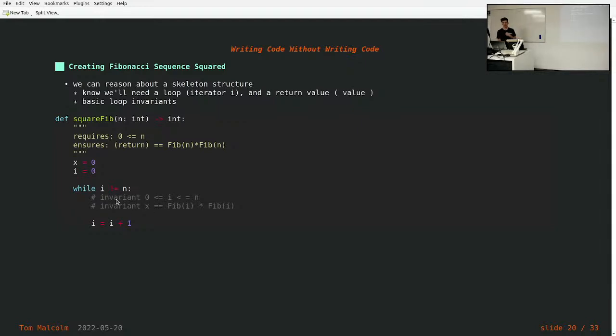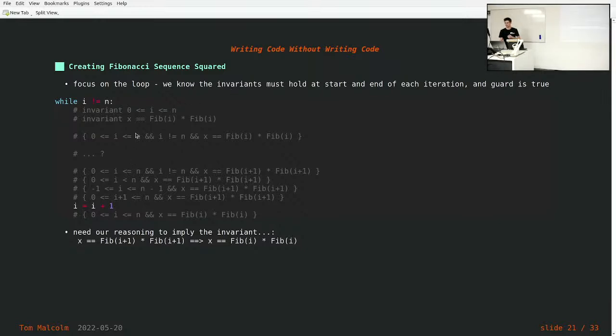And we can also make the second invariant that every time we go through our loop, our variable x is going to be at the next Fibonacci number squared. So we start off with this, and we introduce this at the end because, as I mentioned earlier, in a loop, an invariant is true at the start and at the end. So inside the loop, we start with the invariant, and we move up, just substituting and applying all our other tools of reasoning that we have, until we get to the start, where we have to have whatever our logical statement is implying all of our invariants again, because invariants have to be true at the start and at the end. So we start with our invariant, and we make the substitution